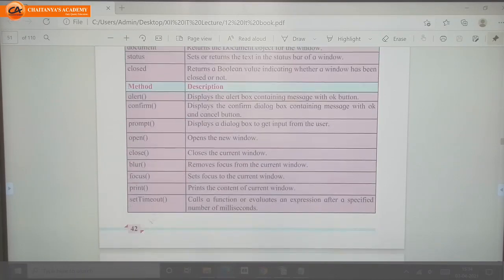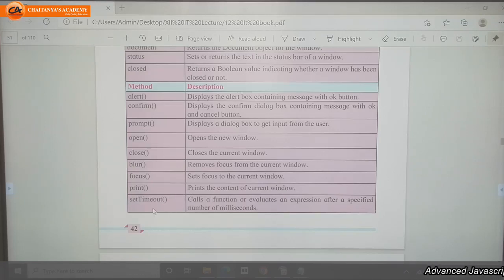And setTimeout, in this function, in the bracket we call another function, and after a comma we can pass the value as a time. So if we want to call a certain function after a certain period of time, then we use the setTimeout method.